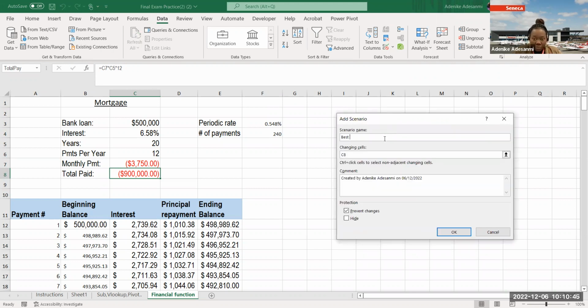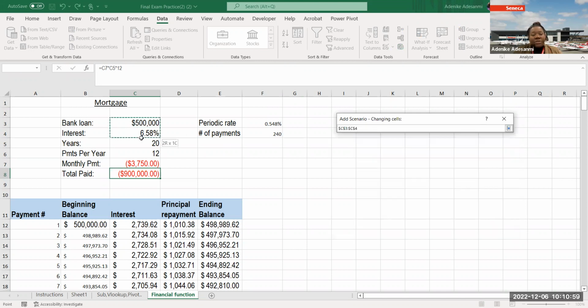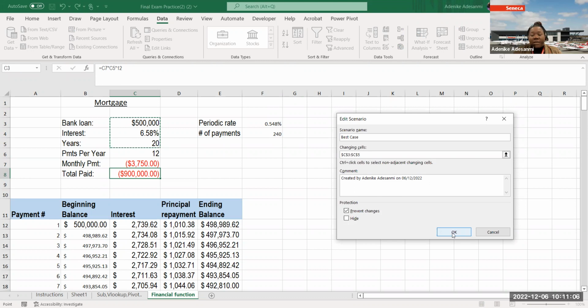I want to create a best case scenario for this investment, and it's going to ask what cells you want to change. Let's assume I want to change the bank loan or the interest or the years. Now I'm going to click OK,